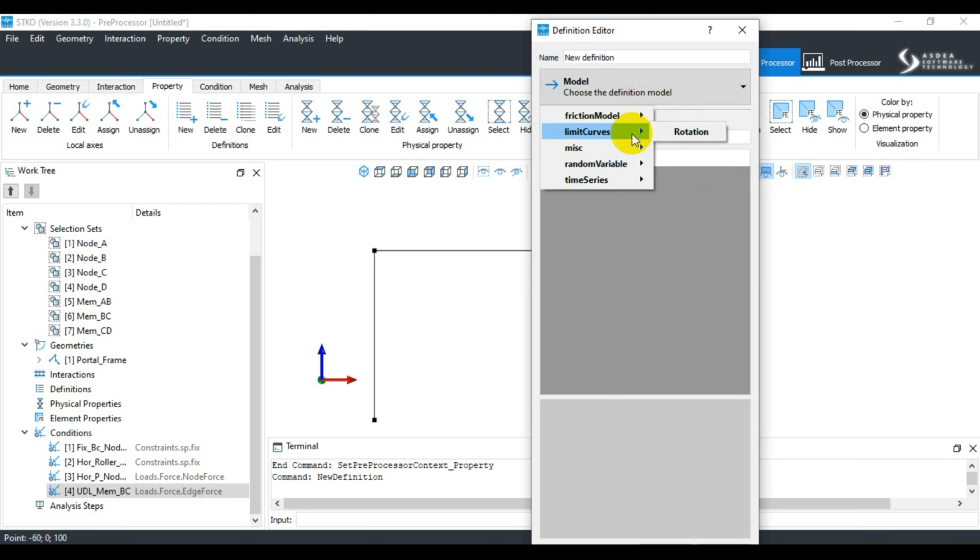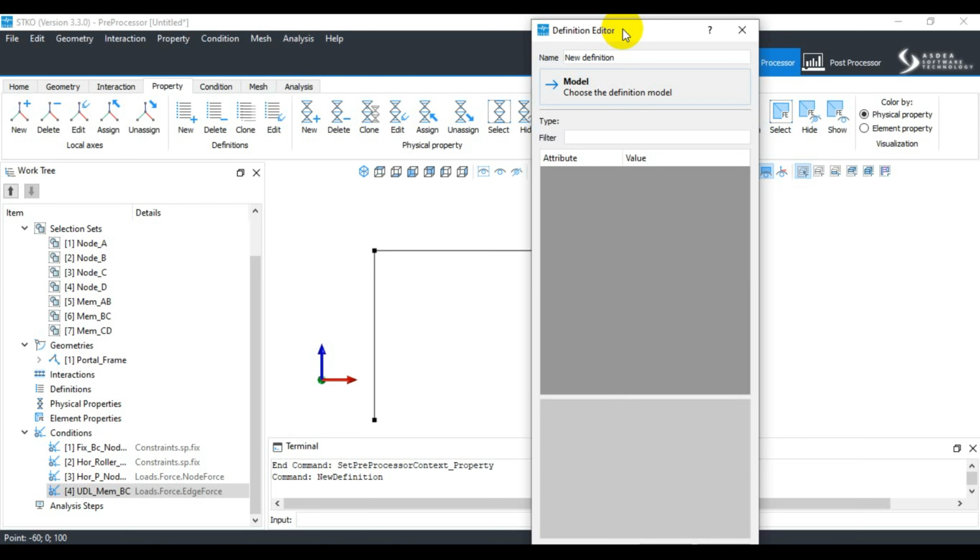Right, so we have then limited curve and miscellaneous and all these options. So there will be a detailed discussion on this definition criteria in STKO. So stay tuned because this will give you an opportunity to understand OpenSees documentation as well,